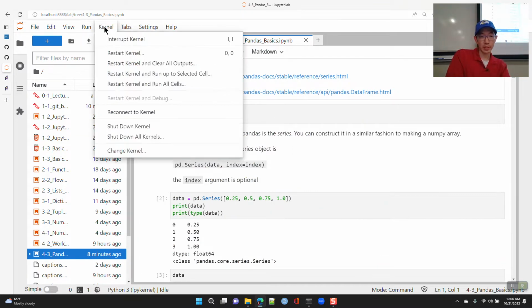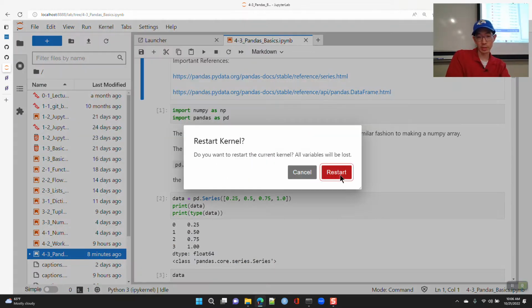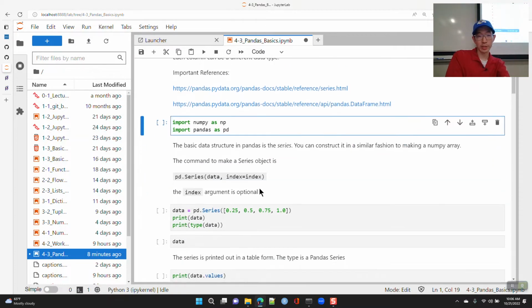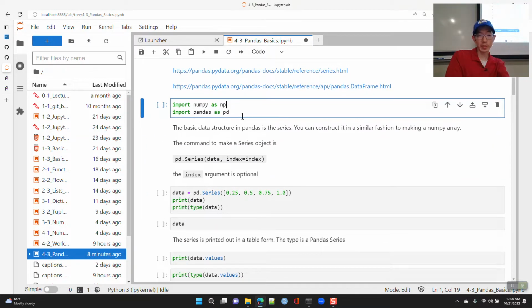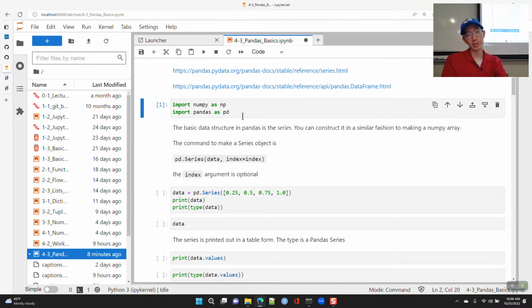All right, so let me go ahead and restart this thing. Okay, so import NumPy as np and import Pandas as pd. That's the convention. Again, you're not required to follow convention, but you should. One thing is, the data frames and the series in Pandas run off of something called an index, which forms a structure for our data frames and our series.